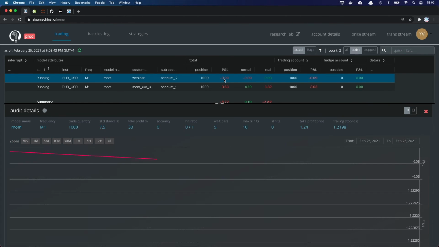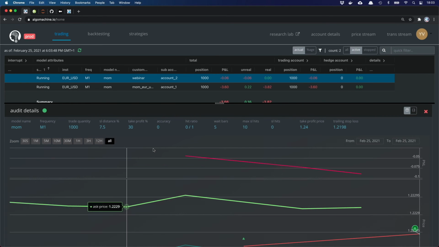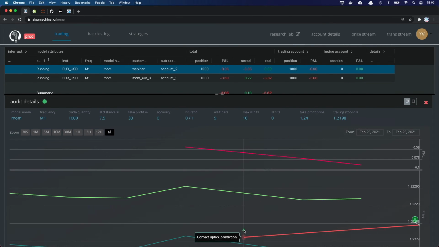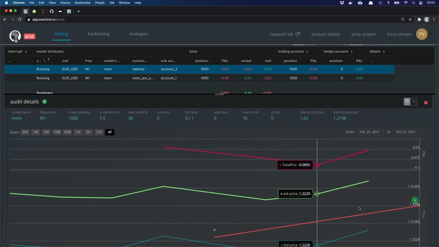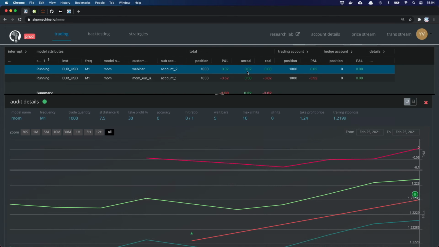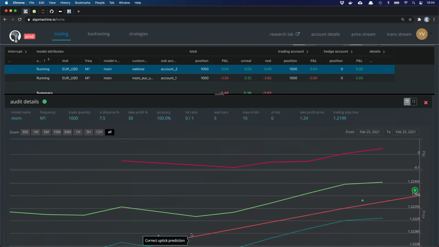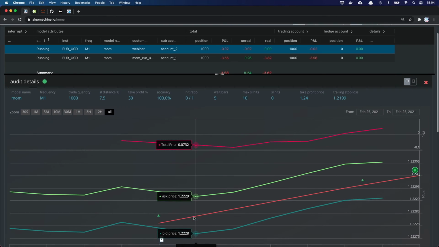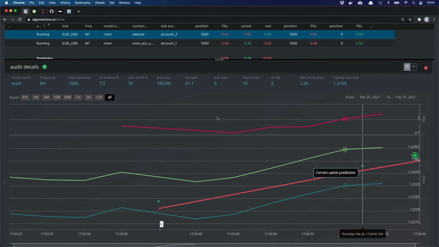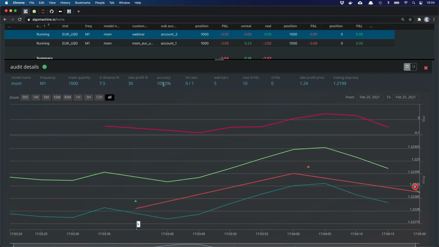This is on 1 minute bars, and you see there is not that much to observe. There's just one up tick, so the prediction is positive here, right? And currently it's trending positively, but it takes a little bit until it recovers the bid-ask spread. So now it's in positive territory. So this was a good prediction. Therefore, you see it's green at this stage, right? And this now takes a bit, of course. There's a second prediction, you see, and now it says accuracy 100% so far. So for all the finished intervals, accuracy was good, 100%, we would like it, right?